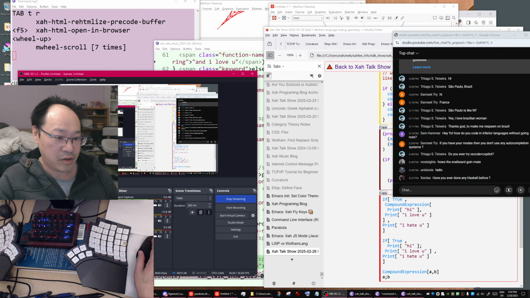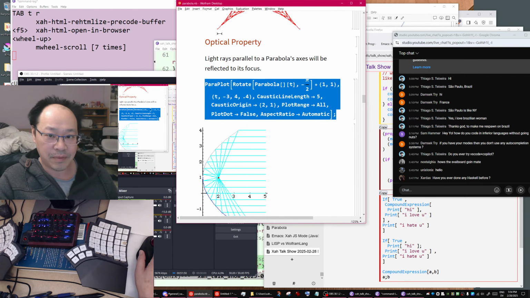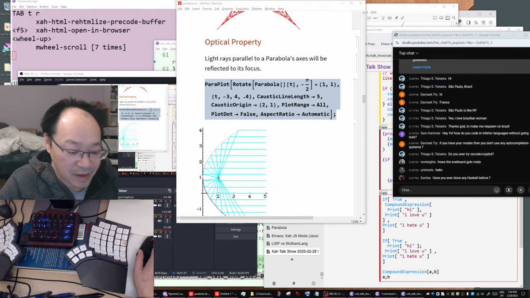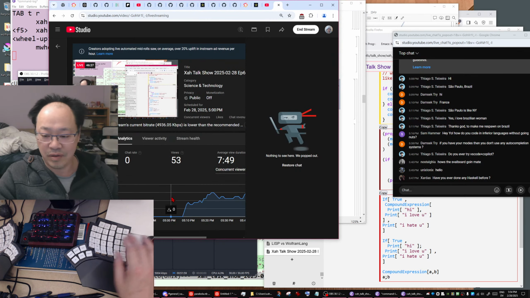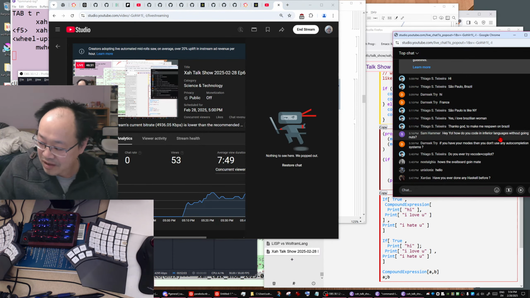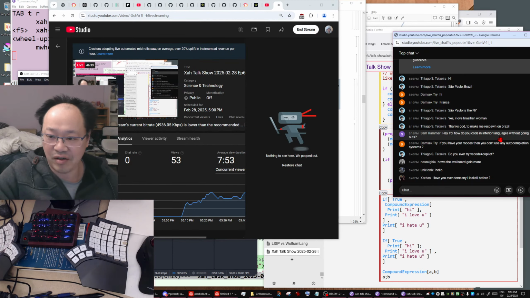So there's a question about, have I ever done Haskell before? No, but I'm doing the proof systems. I'm doing the Lean programming language and F#. I don't like Haskell much, because since about 2010, Haskell became a fad.